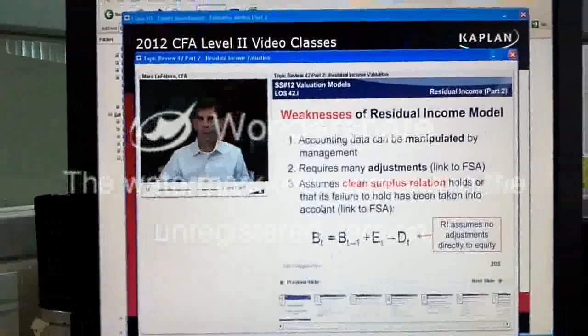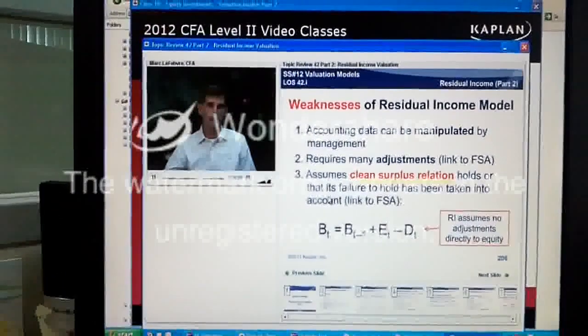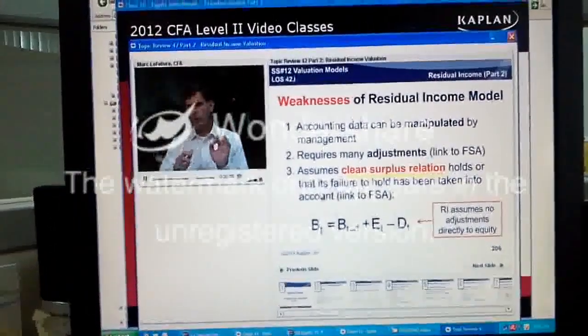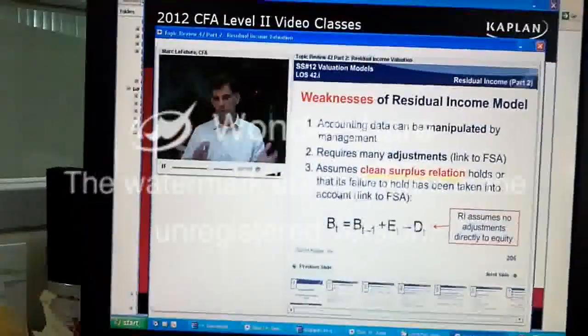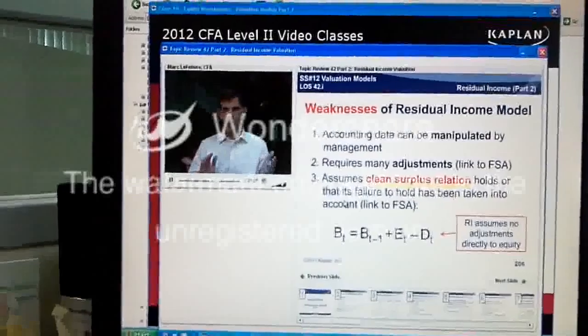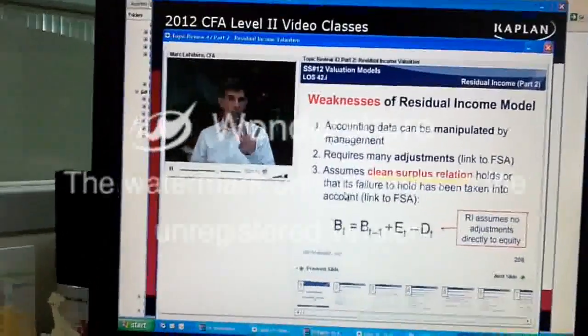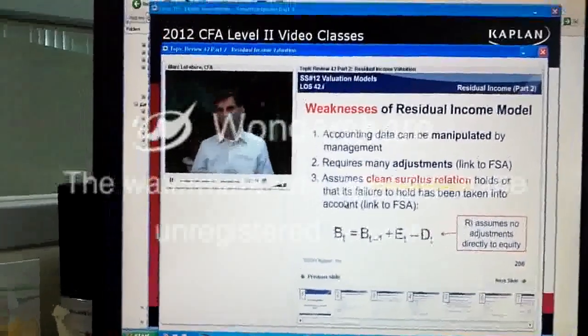Okay? So that definition at the bottom, I want to make sure we highlight this. This term is kind of important. It's called the clean surplus solution or clean surplus relation. And what it says is that the beginning book value plus earnings minus the dividends equals the book value at the end of the period. And essentially what that does is it links the income statement to the balance sheet. Well, sometimes this doesn't hold. There are 4 conditions that we're going to go through in a moment where this does not hold. And it's that link that you have to FSA